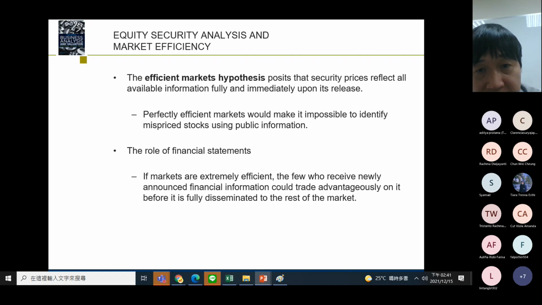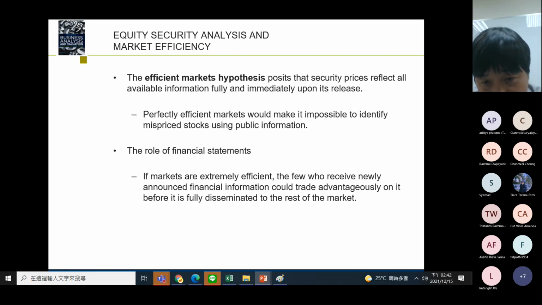The efficient market hypothesis posits that security prices reflect all available information fully and immediately upon its release. A perfectly efficient market would make it impossible to identify mispriced stocks using public information. Looking at financial statements, if the markets are extremely efficient, the few who receive the newly announced